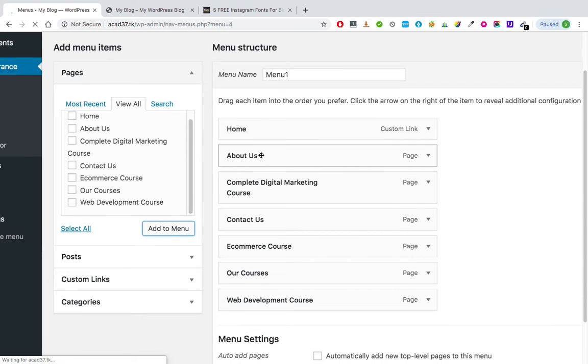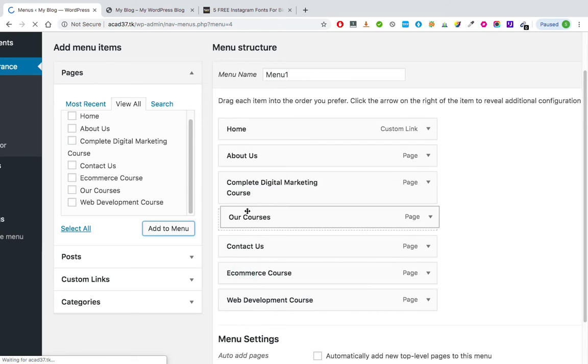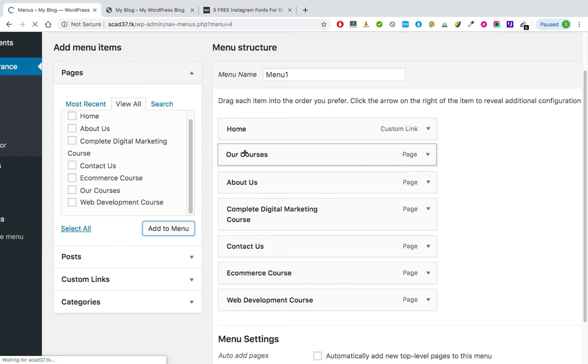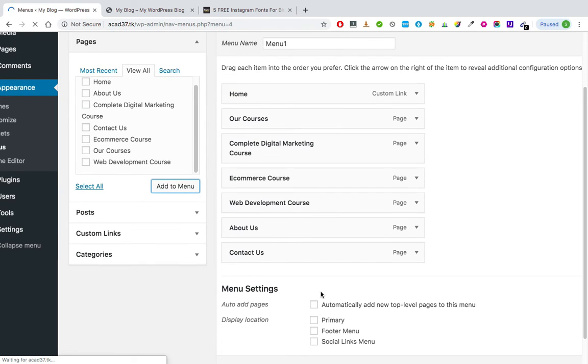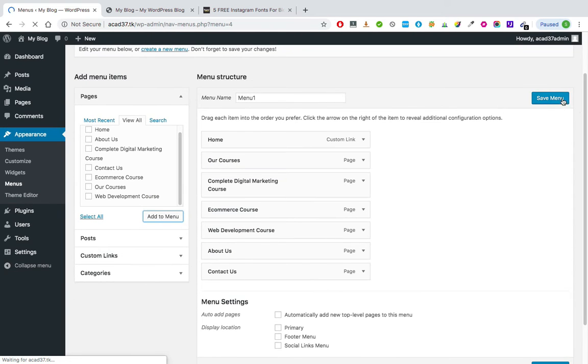Okay, now you need to arrange these tabs as per the sequence that is to be visible in the navigation bar. So I want home first, after that I want our courses page. Let me just drag and put it over here, our courses. All these tabs can be dragged and dropped, and I want complete digital marketing course, e-commerce course, and website development course over here. Then I want about us and contact us section. Okay, now when you save the menu,